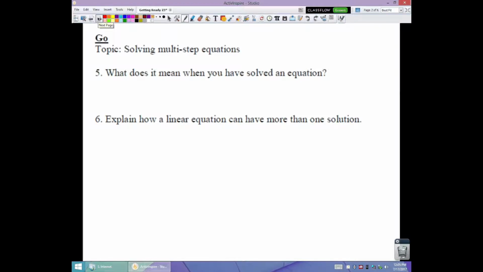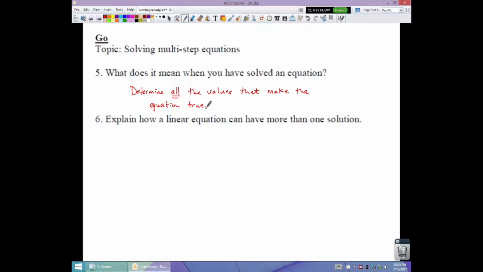Okay, so on the other side of that, we're going to now look at some multi-step equations. So this is all review, okay? What does it mean when you have solved an equation? So we defined that the first week of school. To solve an equation means to determine all the values that make the equation true. So all the values that make the two sides of the equal sign, the left side and the right side,